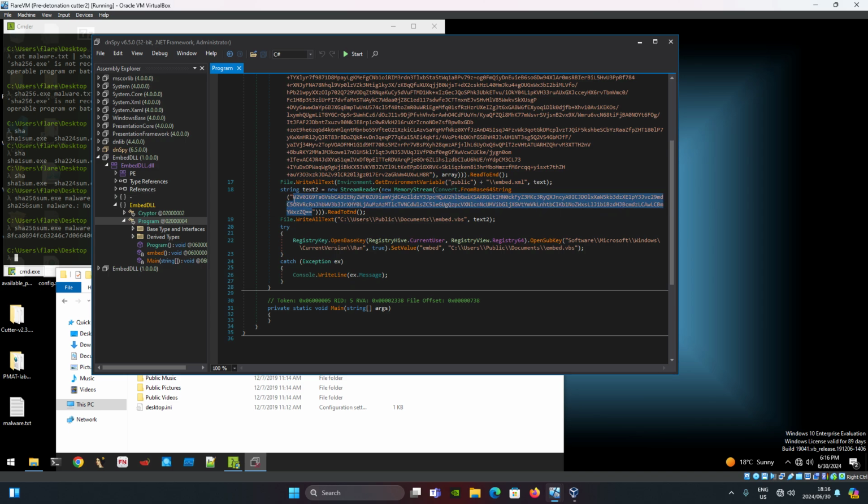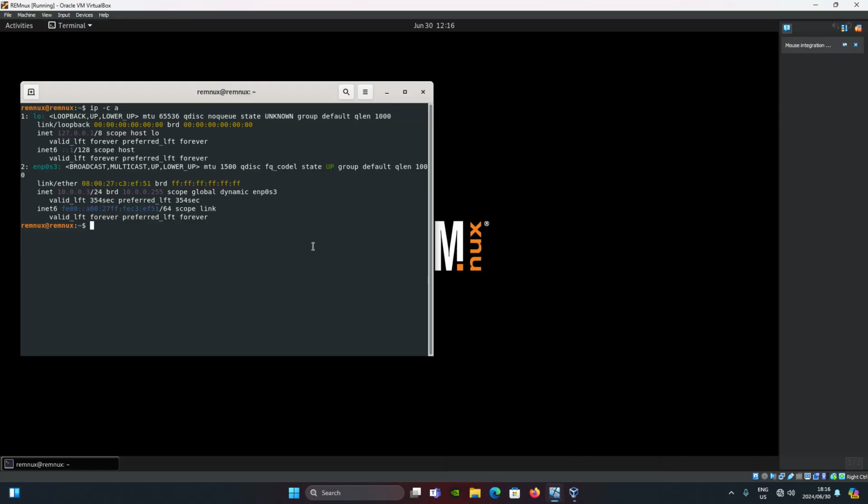String 2 looks like we're creating a new stream reader, but it's not decrypting from AES. I mean, it's not AES encrypted. It looks like it's just decrypting from base 64. Because it's a small string, I can copy it and we can go to our Flare VM. And I think you can also do this on Remnux, but